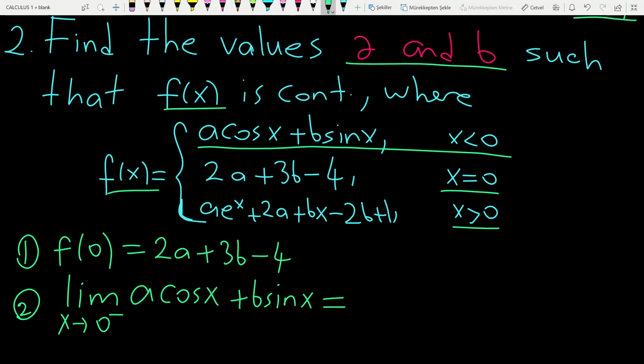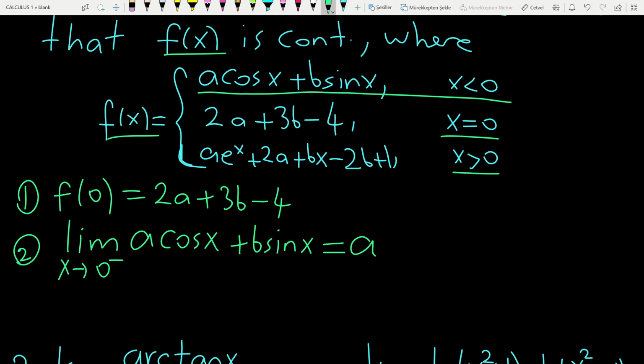You have cosine 0, which is 1, so a times 1 is a, plus sine 0 is 0, b times 0 is 0, then you have only a. So it's from left. What about from right? When x tends to 0 from right, the function is this: